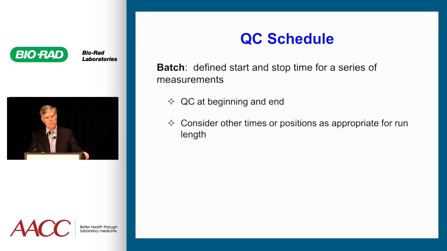Now, to talk about the QC schedule, there are different kinds of measurement strategies in our laboratories. The first is a batch. A batch is defined as having a defined starting and stopping time. So we're going to load, let's say, something onto an HPLC measurement. We start it in the morning, we put our samples on, and at the end of the day, or later that day, we get the results off. The recommendation here is simply to run QC at the beginning and the end of the run, and you can determine if every value during that run is likely to be correct. If it's a really long run, you might want to run some in the middle, or if the measurement procedure is a little bit unstable, you might want to run some in the middle.